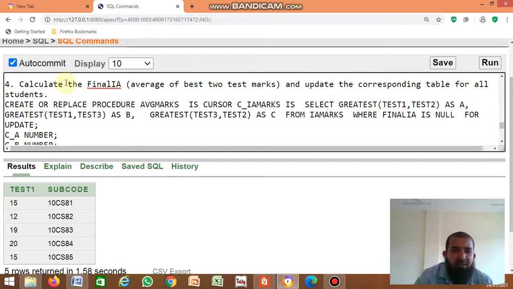So how to do that? Write the PL/SQL procedure. Create or replace procedure AVG_MARKS; the procedure name is AVG_MARKS.